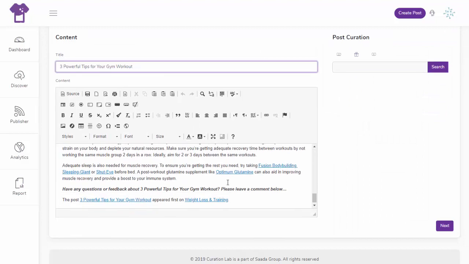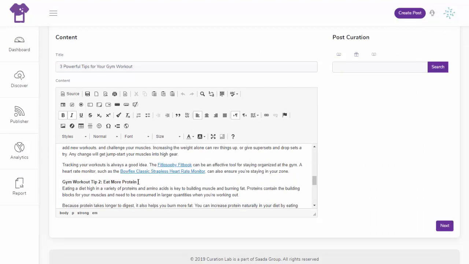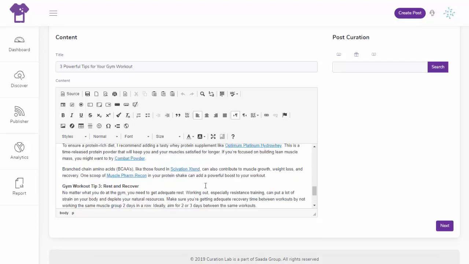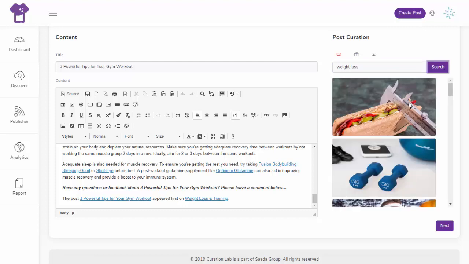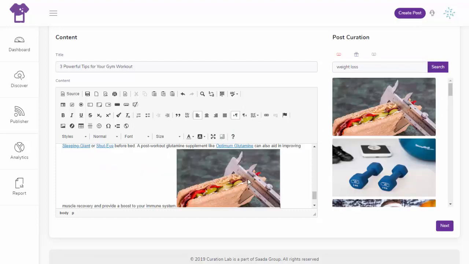So we automatically pick out the content and we can change it as well. We can add our own details to it. We can remove this. We can remove the links as well, for example. But again, because we are taking content from someone else, please give a link back. Please give credit back. Otherwise, it is plagiarizing. It is stealing. If I wanted to, I can add in a video as well. I can add some other stuff too. This is for images. I'll ask our designers to put in some more information here, but yeah, I can add an image as well if I wanted to, say right over here.